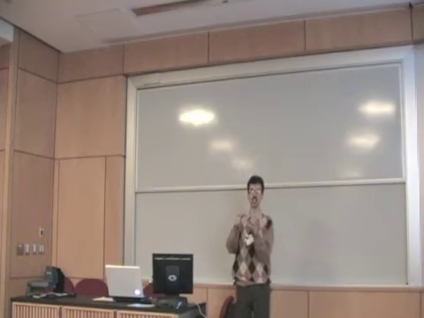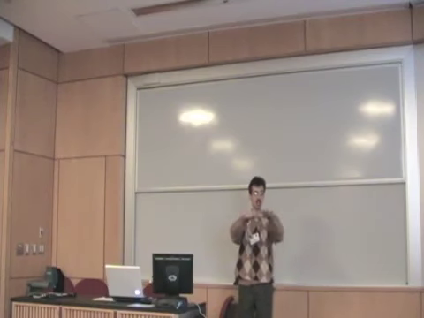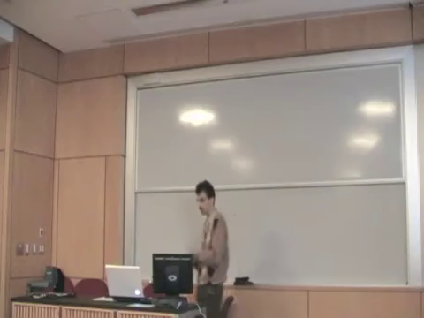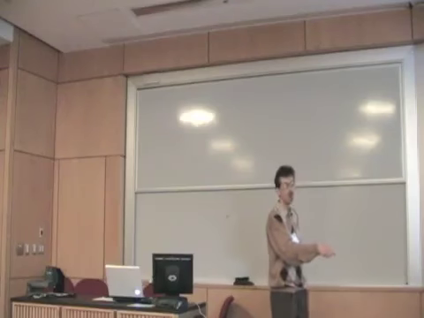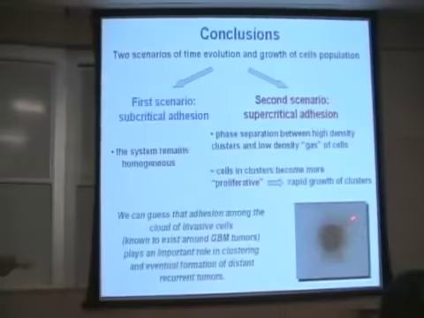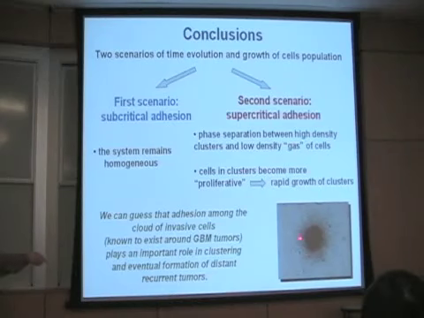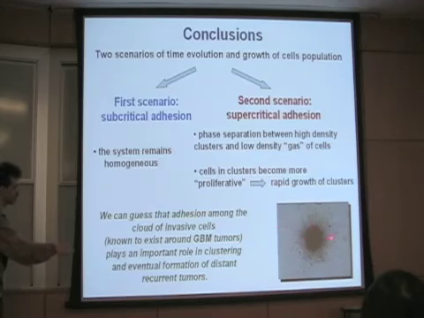I say that cells on the surface of a tumor proliferate more than individual cells, and this is experimentally known in gliomas, both for mutant and for wild type. Most of the proliferation occurs on the surface. Inside the tumor, cells are so densely packed that they cannot proliferate. However, cells here on the surface proliferate rather fast, but for those individual cells, their proliferation is lower by an order of magnitude.